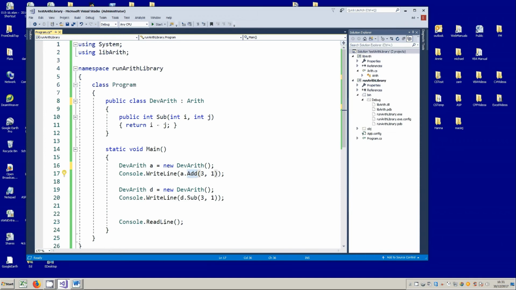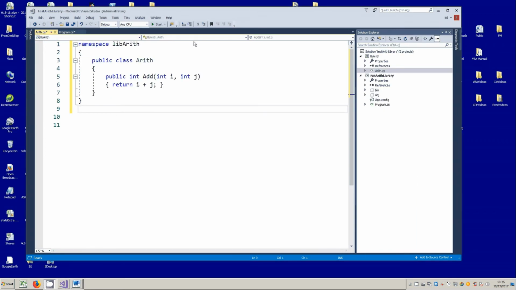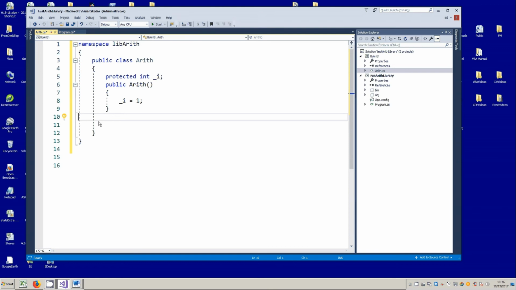Let's talk about the use of constructors within our original class and our derived class, and how we treat data members. So let's start off by introducing a data member into our original base class, which happens to be in a library, but you may well, for experimental purposes, just put both classes in the same console application. Then we will introduce a constructor. It's a no parameter constructor. Forgive me, I'm calling them no argument constructors, which is what we call them in C++. So it's a no parameter constructor which simply initializes the internal variable, so to speak, it gives it the value